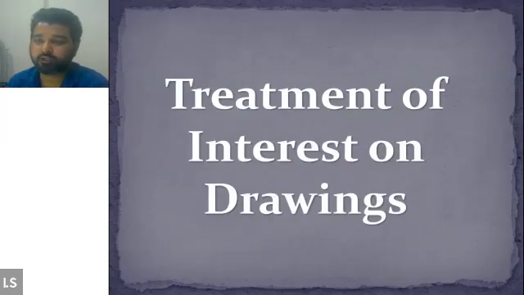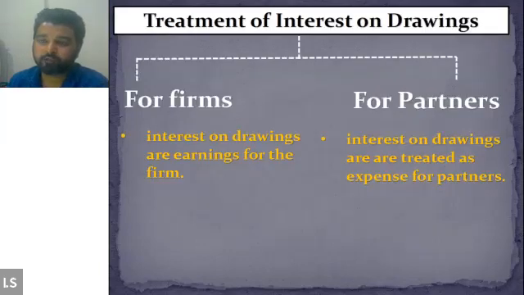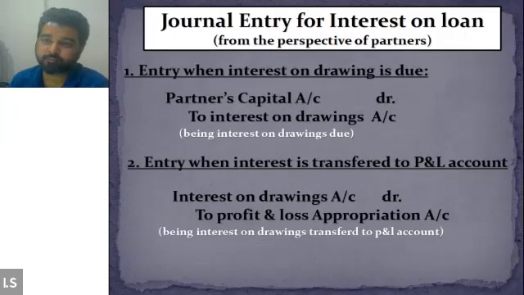So until now, we have discussed that at the time of treatment of interest, there can be two perspectives. From the viewpoint of the firm, we will always consider interest on drawing as the income or the revenue for the firm. But from the partner's point of view, it is considered as the expense. Now, as far as the journal entry for the interest on drawing is concerned,